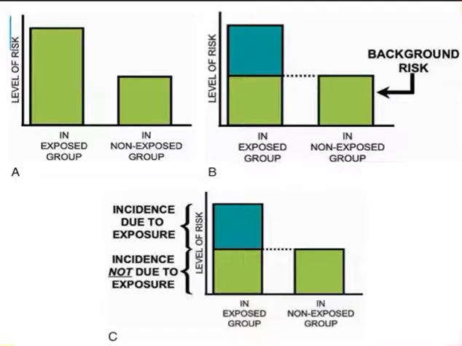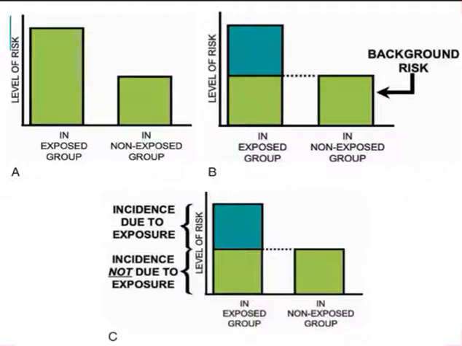We have 3 graphs. So let us look at A. If you're looking at the level of risk among those who are exposed, can you see there is a certain level of risk? There's a green block, right? Among those who are exposed, we can understand that disease is occurring. But if you look at those who are not exposed, there is a certain level of disease even occurring among them. So the level of risk, as you can see, is lower, but it is present.